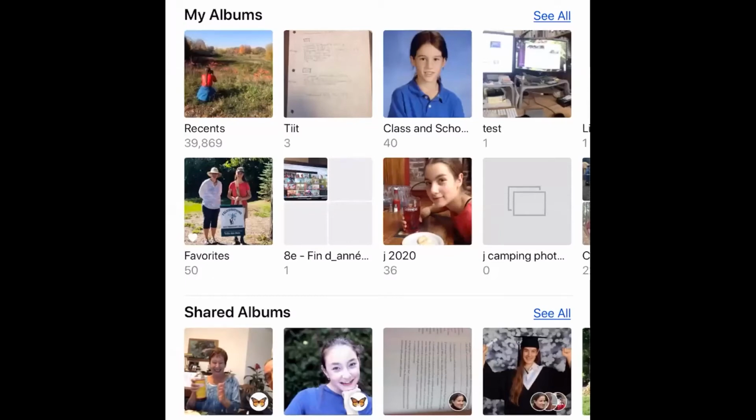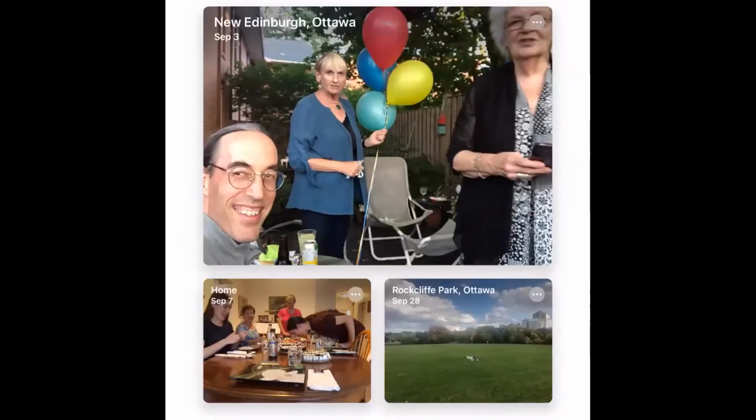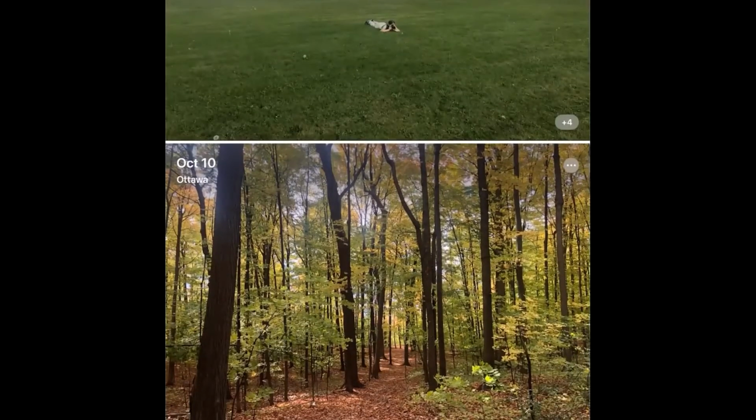I have a client who does this for pictures of doors. I have another client who does it for pictures of flowers. It's up to you. But realistically, you do not need to manage your photos other than deleting them. It'll automatically have them by what's called moments. So this is all your days, and so on. You need to focus less on managing them.